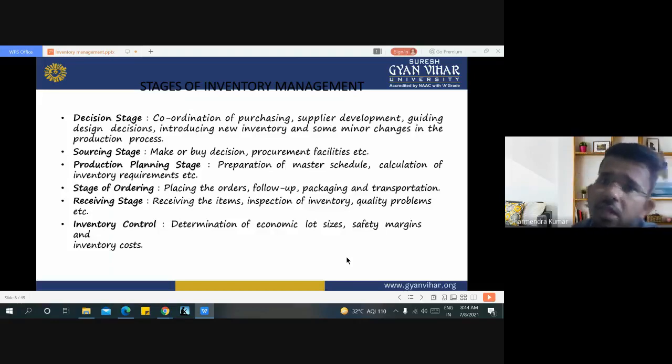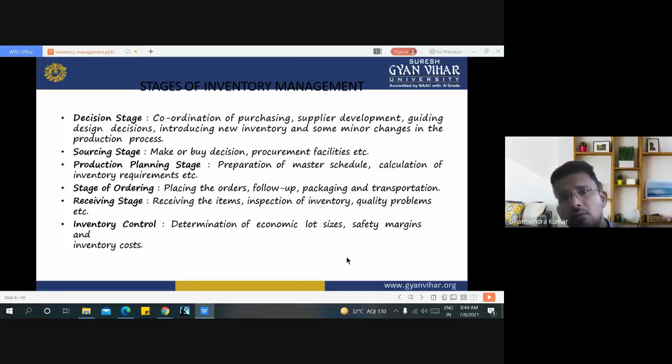And we search about various suppliers and from those, one or two suppliers we can fix supply for raw material. Then this comes under supplier development, guiding design decisions on the design. On the basis of design decisions, we can decide the amount of raw material needed for ongoing production. Sourcing stage, like make or buy decision, procurement facilities, production planning stage,